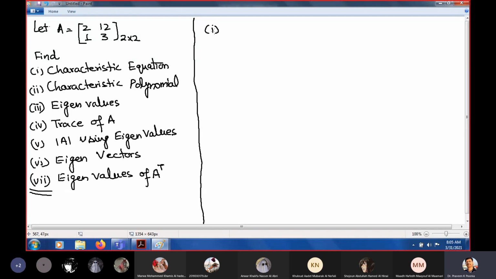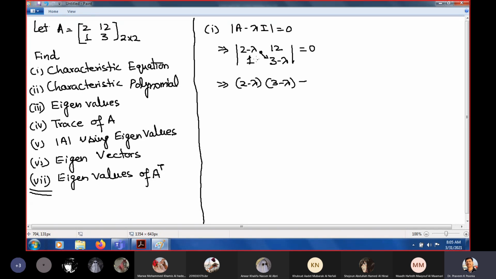So can you please tell me what is the characteristic equation? Determinant of A minus lambda I equals 0. And how do we find determinant A minus lambda I? Just write minus lambda into the diagonal entries. This equals 0. Now open it. Multiply this and this. How much is it? 2 minus lambda, 3 minus lambda, minus 1 into 12